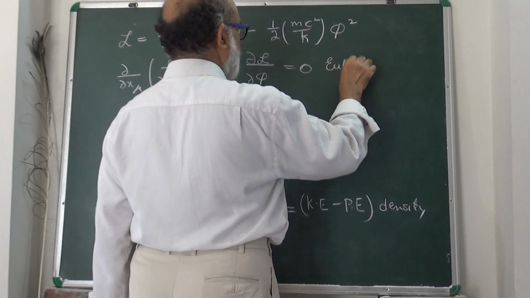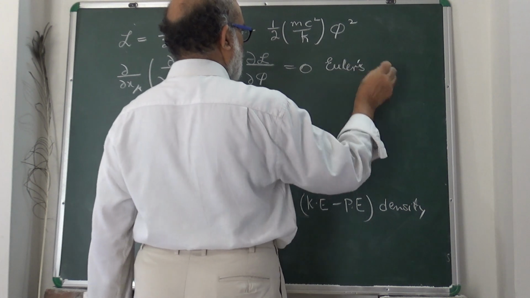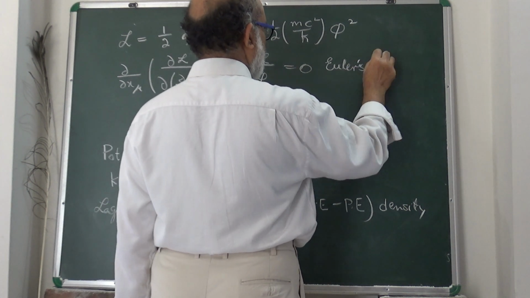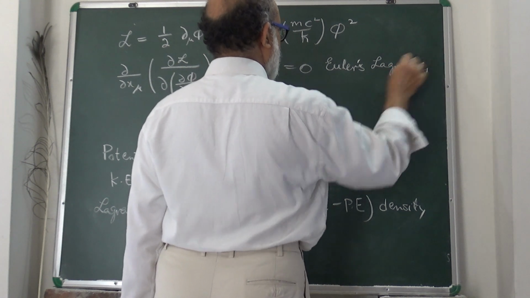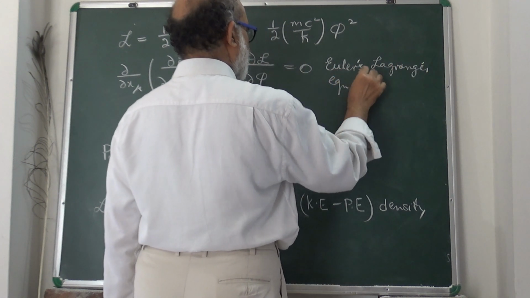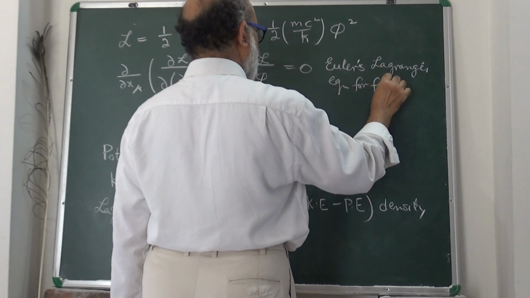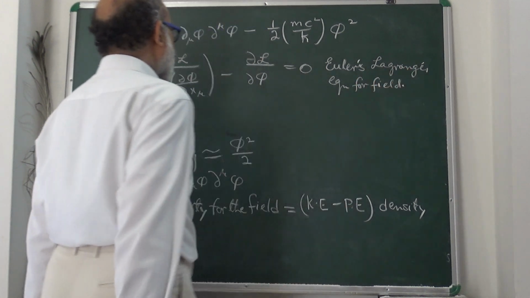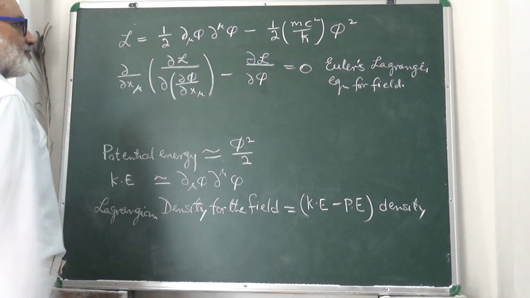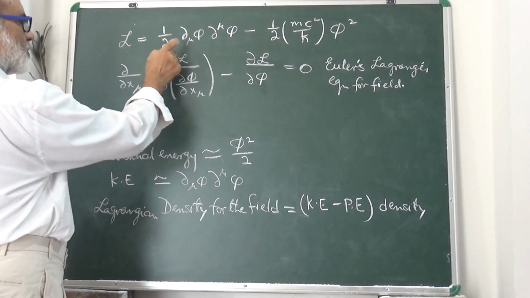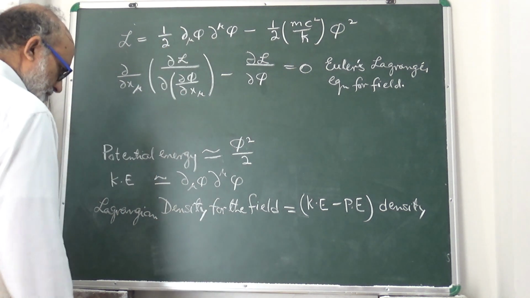We have already derived this equation, the Euler-Lagrange equation for fields. This is the equation of motion for the fields. So if you apply it to this Lagrangian, you will get